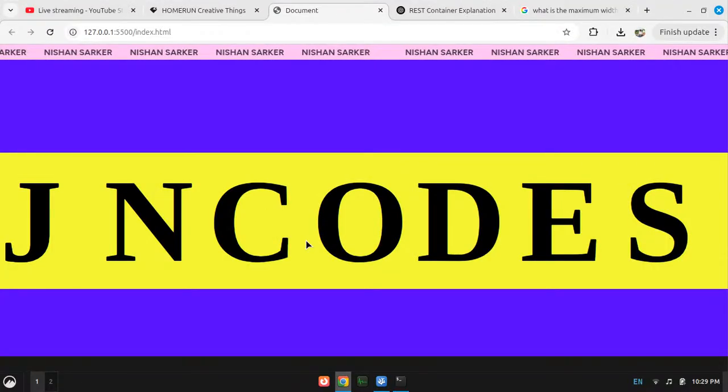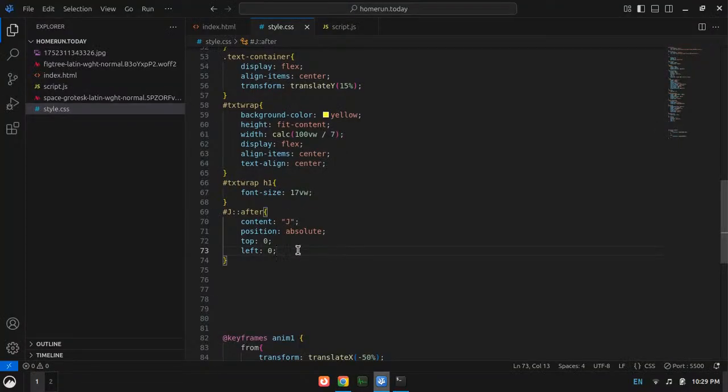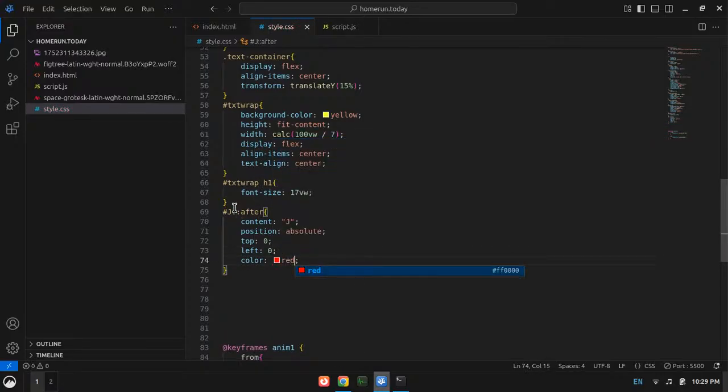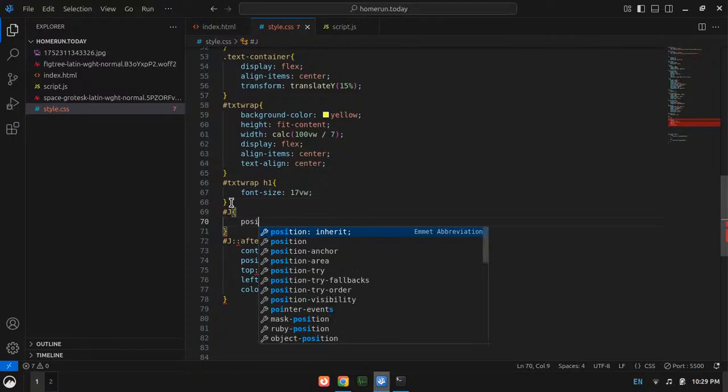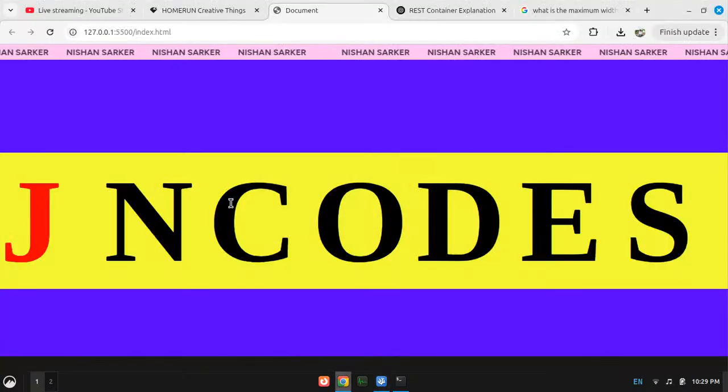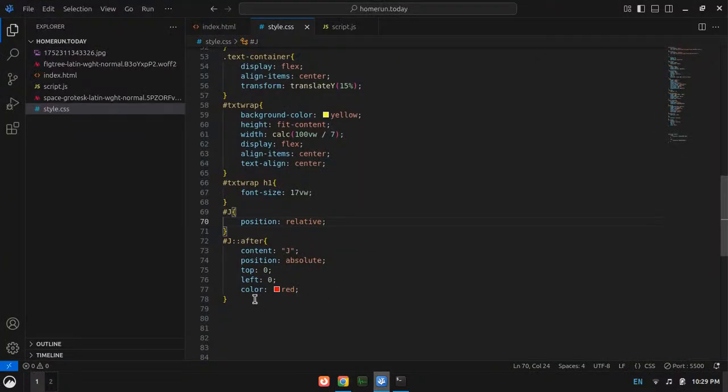Then I can set color to, let's say, red, and I also need to give hashtag J a position of relative, not inherit. And see, there's the J here, and I need to repeat the same thing for all of this. So let me just do that.